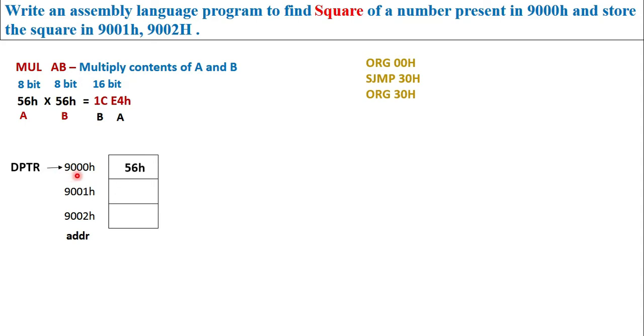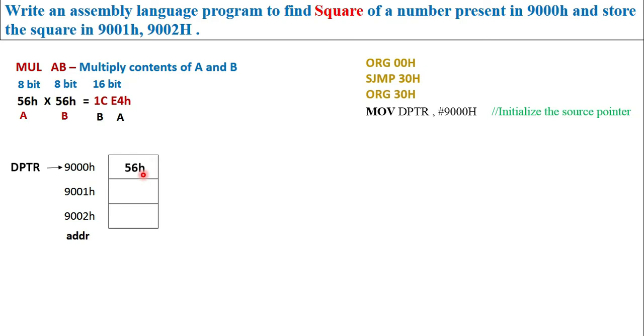Initializing a register with a value indicates we need to copy that number into that register. We know the general format of an instruction in 8051 is the mnemonic, destination comma source. So the destination is DPTR, the source is 9000H. So the instruction which does this initialization is MOV DPTR, #9000H. The hash symbol here is important because we are interested that the DPTR should be loaded with 9000, not with the contents of 9000. So whenever we do initialization, hash is a must. So MOV DPTR, #9000, we have initialized or loaded DPTR with 9000.